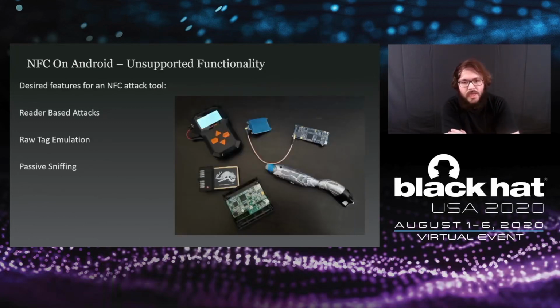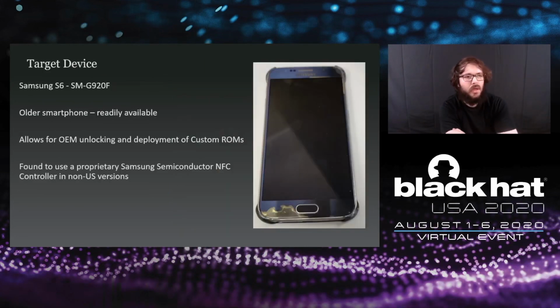If you were to make an NFC attack tool, you would want to implement slightly more complex functionality, such as emulation of a reader to attack cryptography on an NFC tag, or emulate the tag itself in order to perform attacks that are only possible from that endpoint. Or you may want to be able to passively sniff tags like you would with a Proxmark or a Chameleon device. My first target was my Samsung S6, which is quite an old phone, but one I had readily available